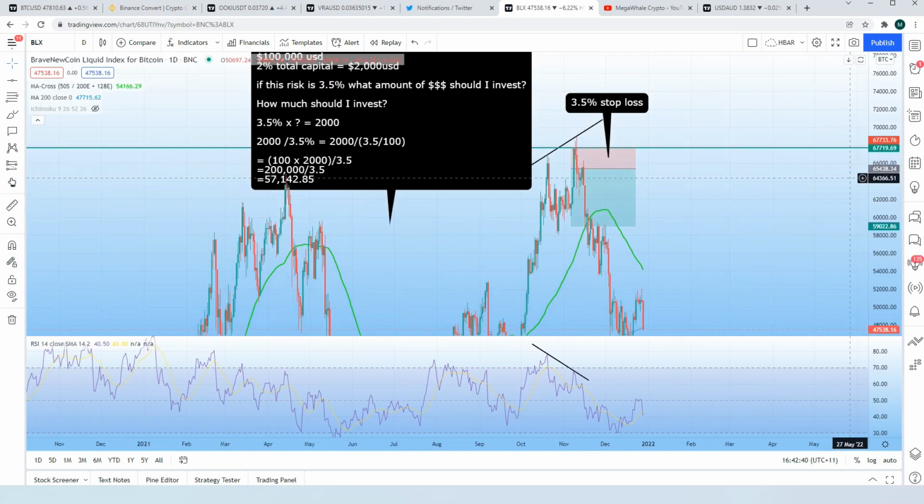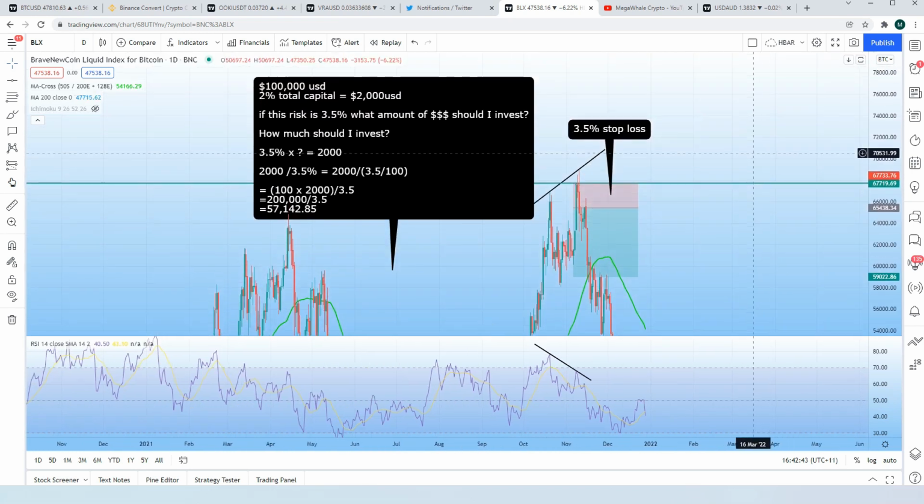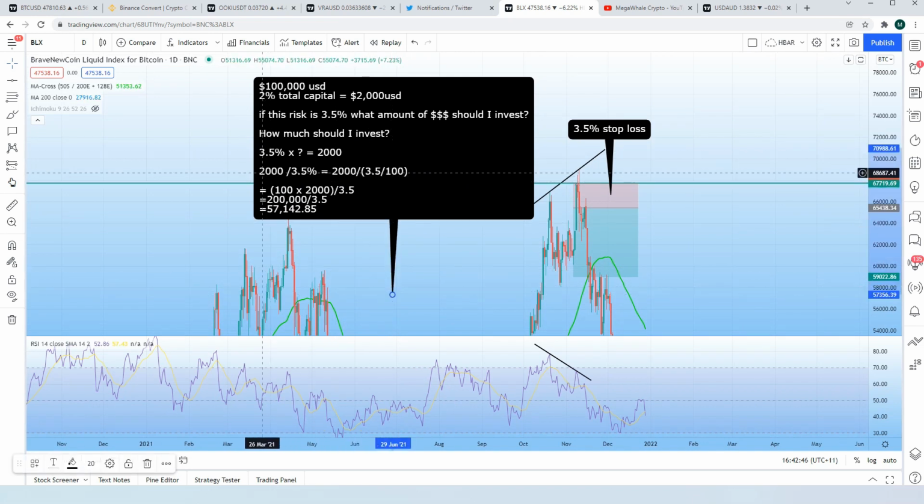You can copy this down, take a note of it. This is the exact formula you can use every single time. So we have our $2,000. We divide that by our potential loss. Carry it over: $2,000 divided by, obviously we want to fraction it off, $200,000 divided by 3.5, and we have our total answer,